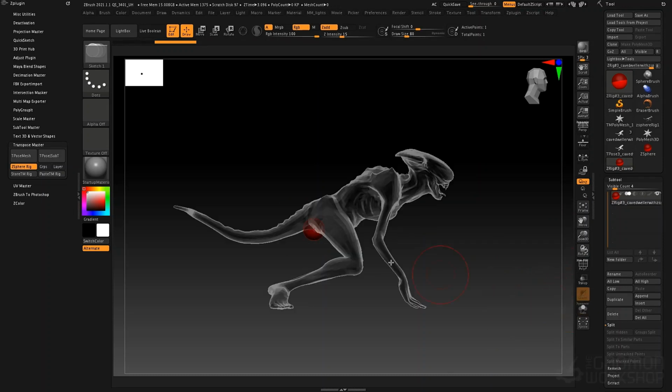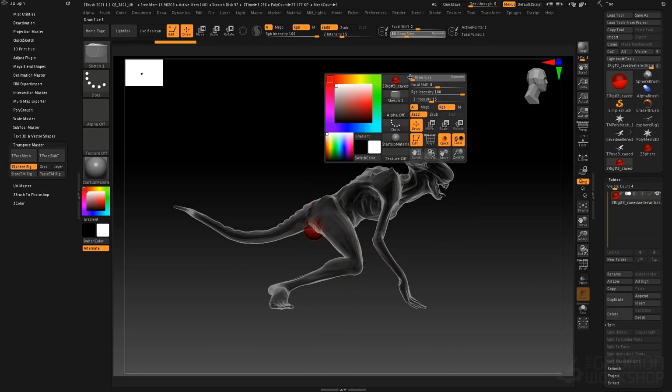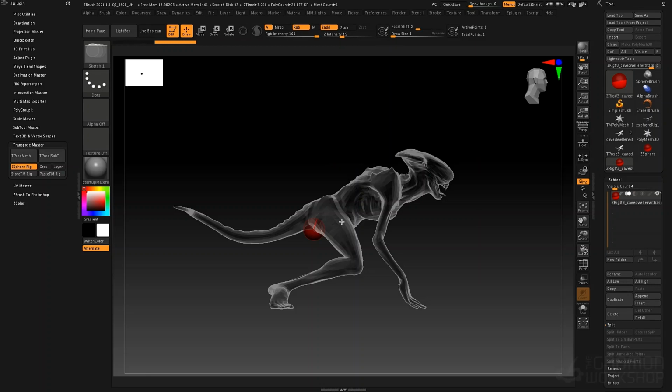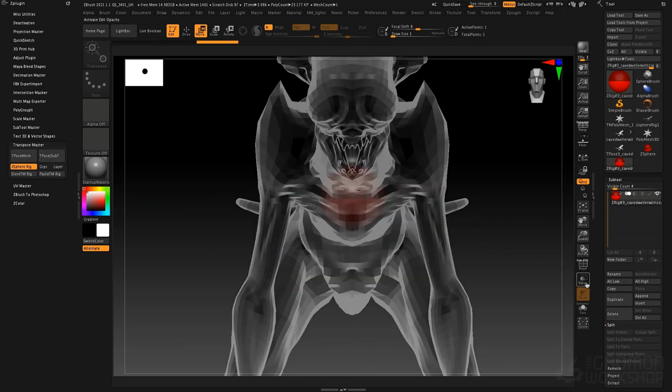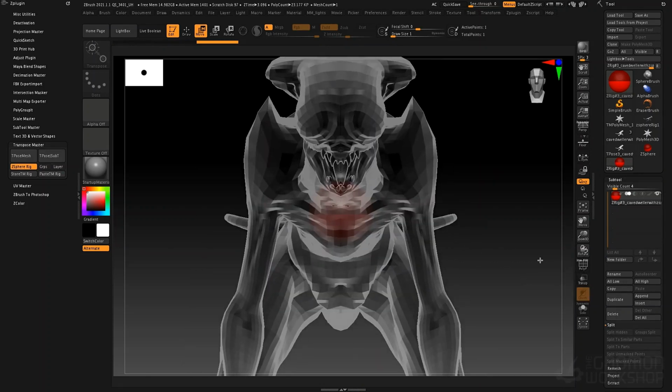That's a little gotcha. Because I'm working with Z-spheres, I'll turn my draw size down to 1. I'll press W for move, and I'm going to take this root Z-sphere and move it to about the middle of the figure here. Snap to a front view. You can change your draw size if you like while you're drawing these Z-spheres, but I don't recommend doing it. I always recommend keeping it at 1, because when you're moving Z-spheres, having your draw size higher than 1 makes it very easy to accidentally